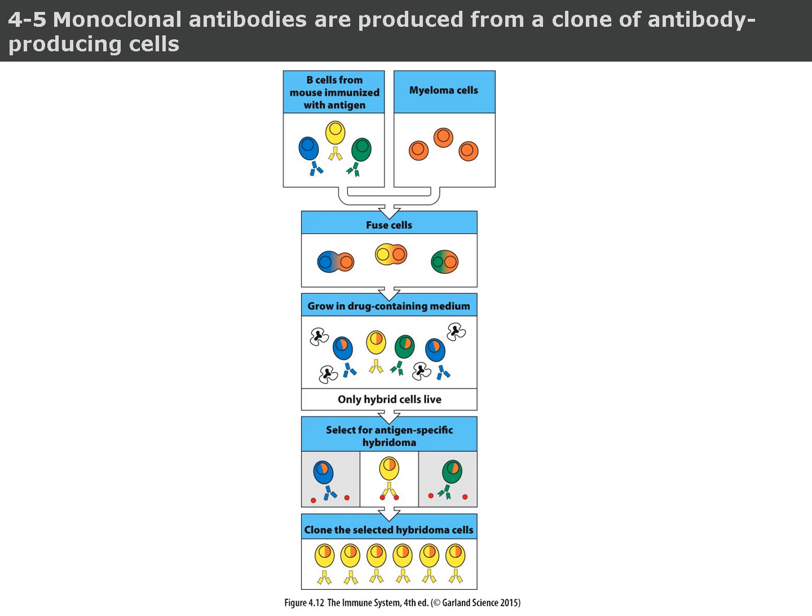These are identified through screening assays. Finally, the selected antigen-specific hybridomas are cloned, producing a large population of identical cells that all secrete the same, specific monoclonal antibody. This powerful technology is the foundation of many therapeutic antibodies, diagnostic tools, and research reagents used in modern